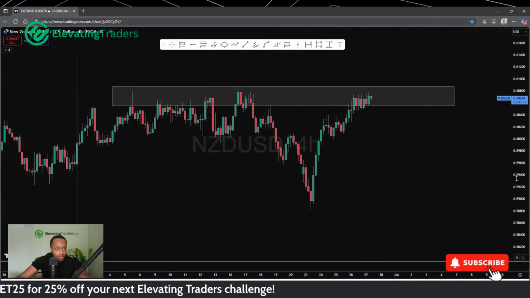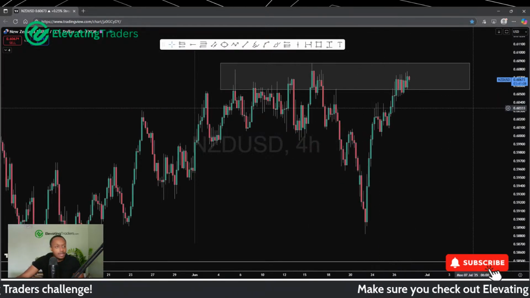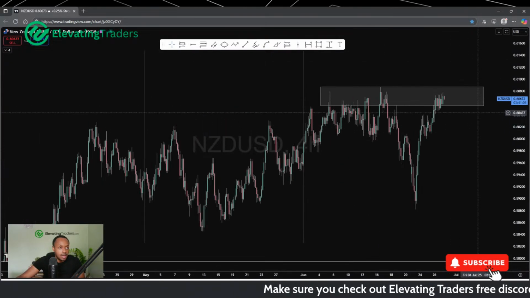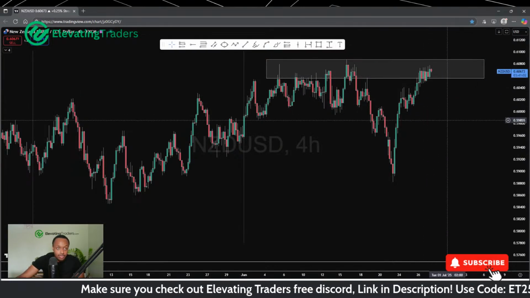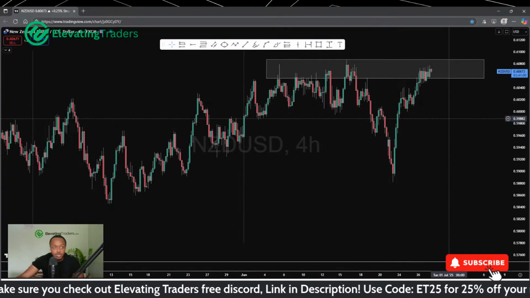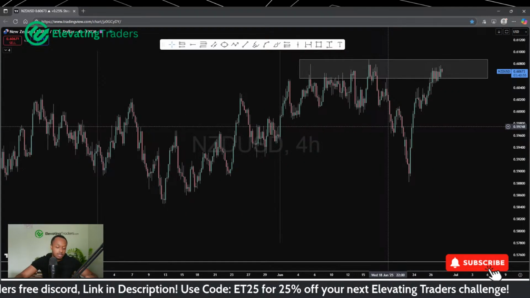I think right now the market is quite flat, no substantial rejection, so I would be waiting to see if that can happen. But the best I've got with New Zealand dollar is we're at resistance. We might see a bit of a sell-off from there, so keep an eye out for shorting opportunities, but definitely not my favorite pair at the moment.